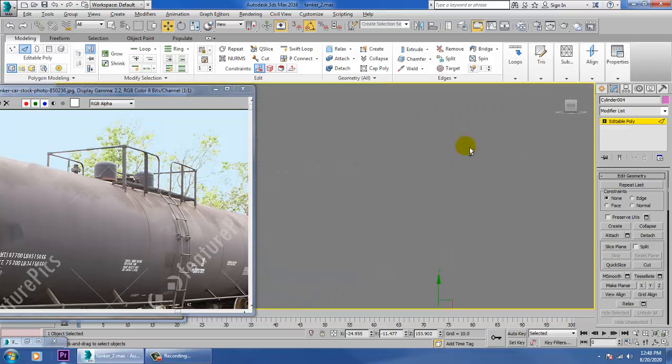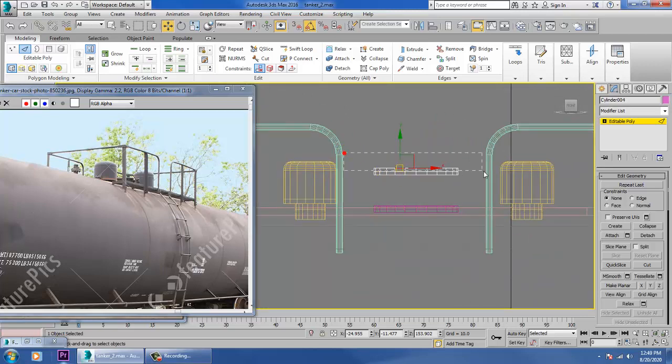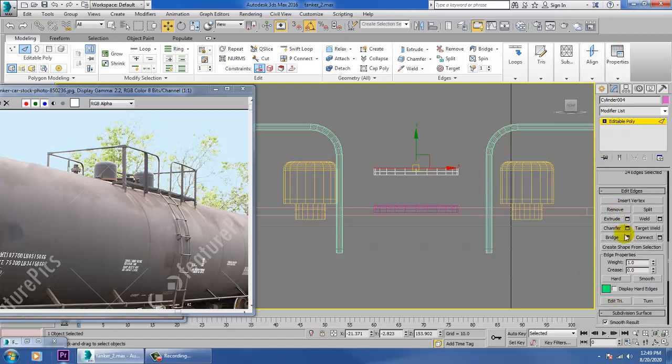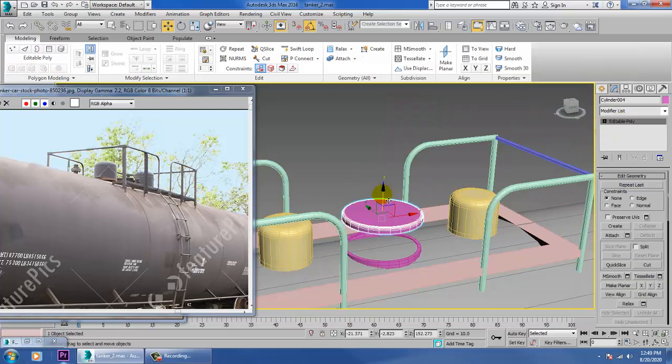To select all these edges over here. And just give chamfer. That's it.